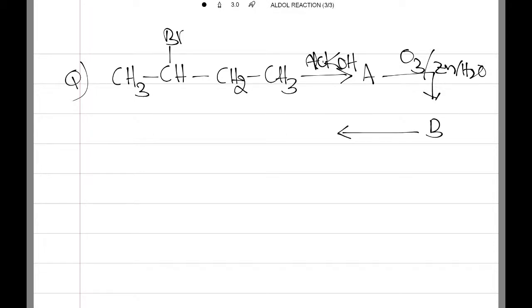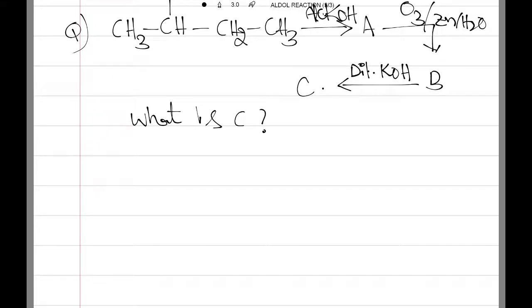So this B on reacting with dilute KOH, we can get the C product. Okay, so what is the C here? What is C? Okay, right. So we will write the mechanism for this reaction. So just tell me what the mechanism is,